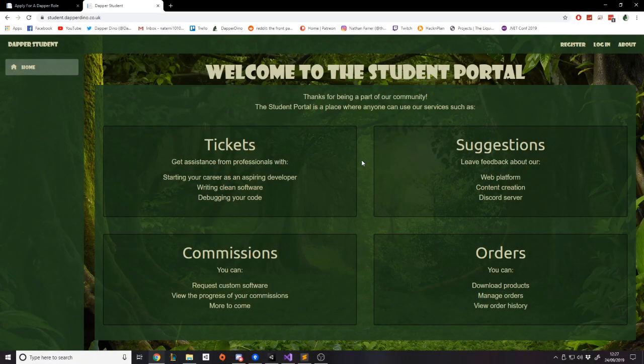Okay, so the student portal is at student.dapperdino.co.uk. You see there's a pattern there, and the link's down below to that too. The student portal is for you guys. Obviously, the applications are also for you, but not everyone's going to be applying. This is the more general portal that might have useful stuff for you, and we're going to keep adding more